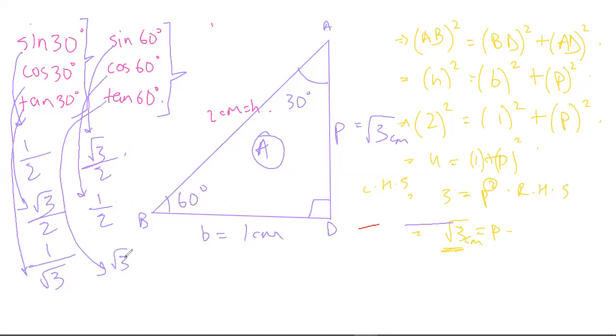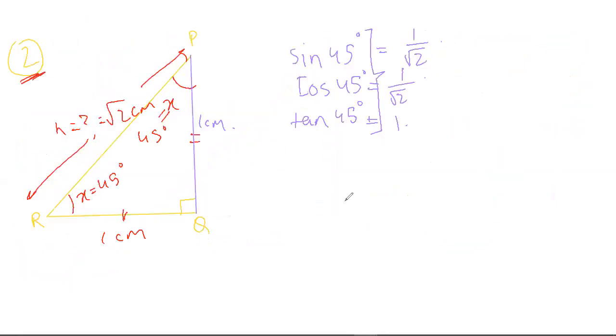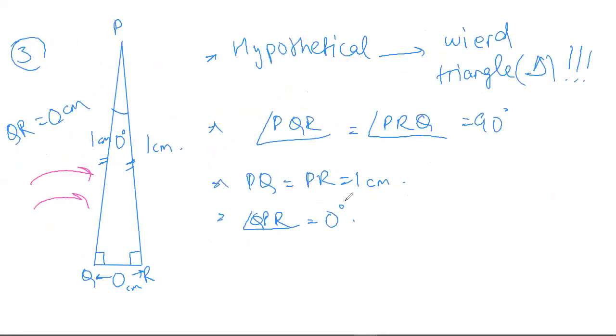That can simply be written as root 3. Why? Because with respect to angle 60 degrees, tell us perpendicular upon base, that is root 3 upon 1. Now we'll move ahead to our third magic triangle. And now I'm going to write all the values which will help in this magic triangle being applied to that value, and you can find the value automatically. So let's write those values.